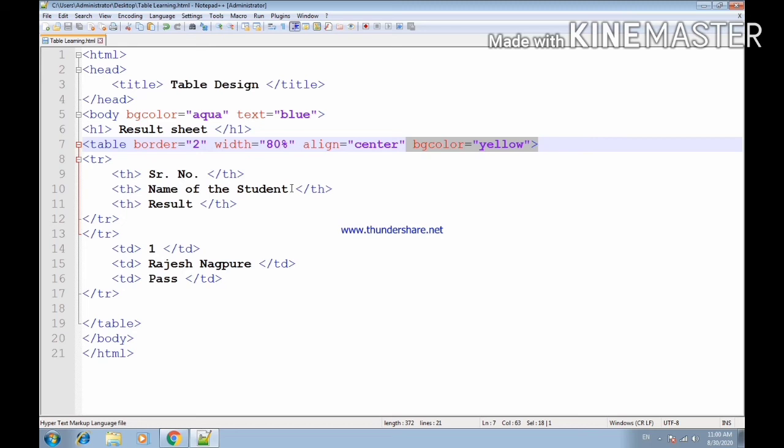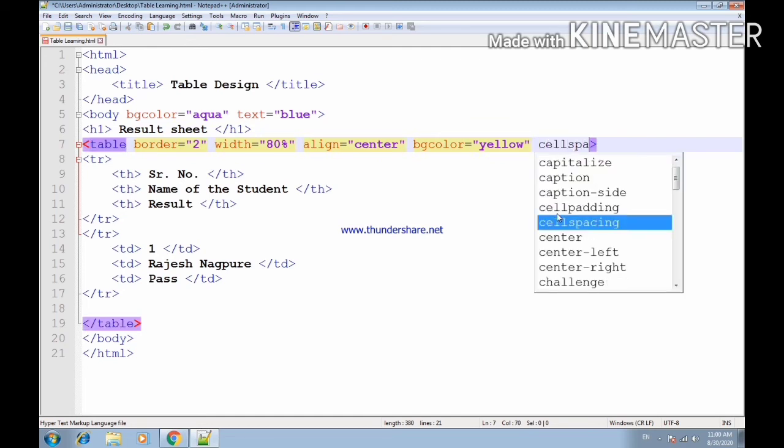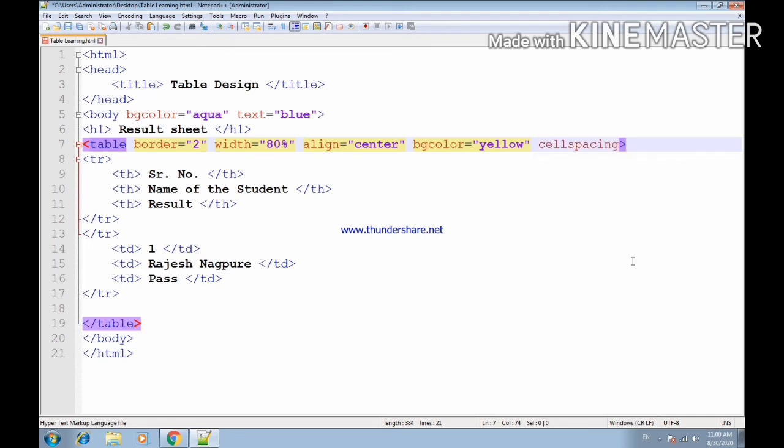Okay, now we are adding cell spacing. Cell spacing is equal to, suppose I am putting 5. Okay, save and see the difference.